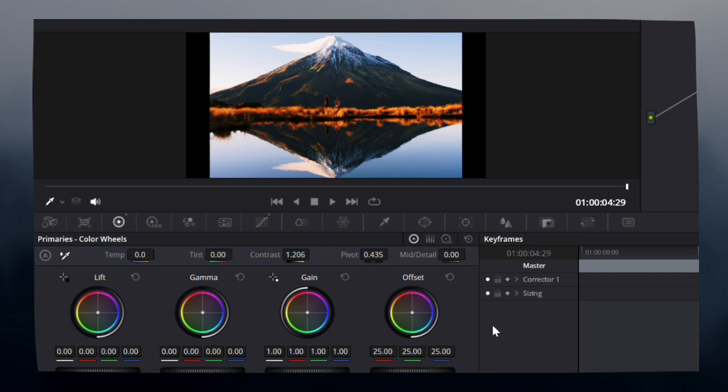And that's it. Now you know how to add an HDR effect in DaVinci Resolve to make your videos